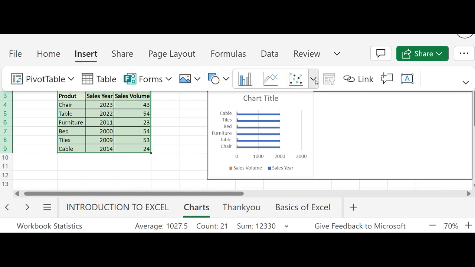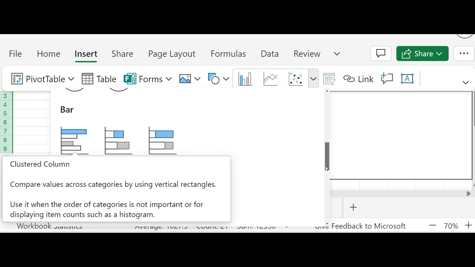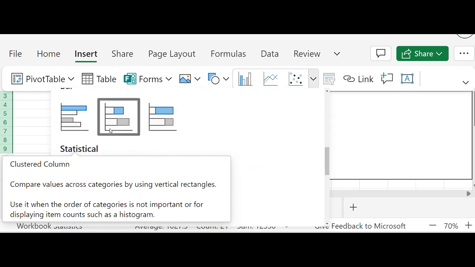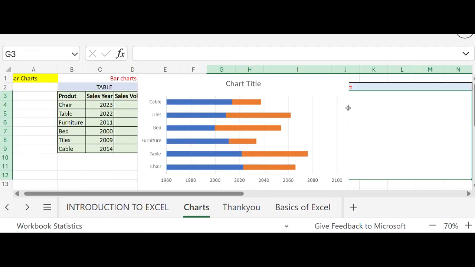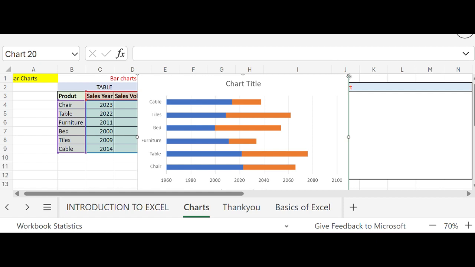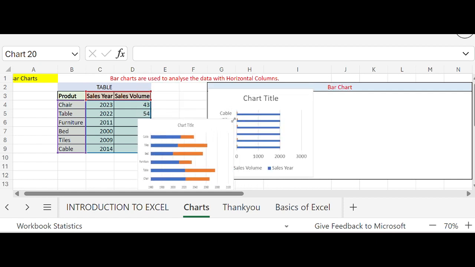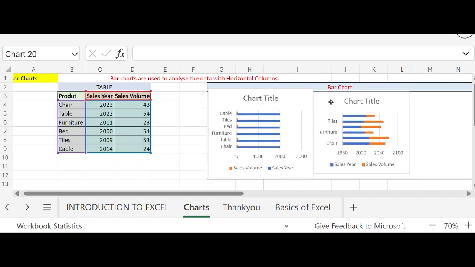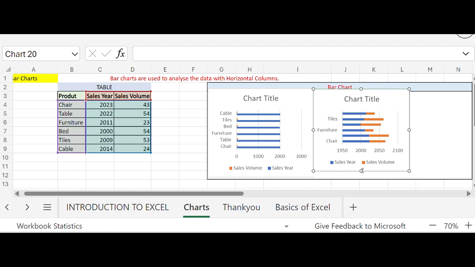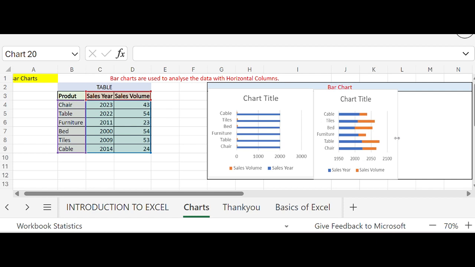Then we will again select and click on insert and then we select the second option of bar chart which is available. So we have clicked on second chart. Here we can see the difference between second chart and the first chart is that the parameters are showing in two different columns in the first chart, and the parameters are showing in the second chart as a single column. So here we can see the difference.